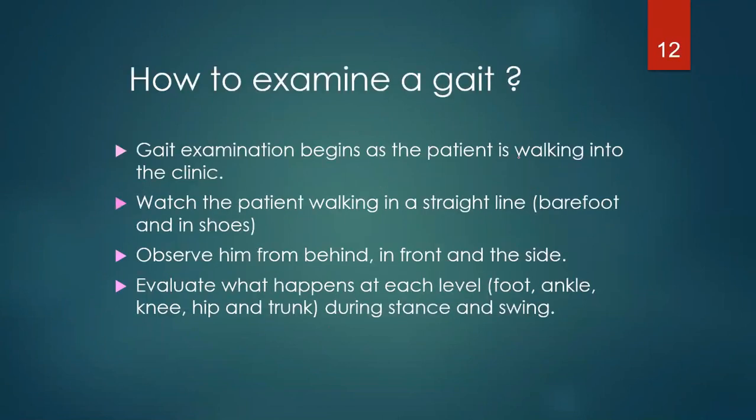And how to examine? Now we have to go for how to examine the gait. Usually when we examine the gait, it begins as the patient is walking into the clinic, walking in a straight line, barefoot and in shoes. Observe him from behind and in front. Evaluate what happens at each level, foot, ankle, hip, knee, and trunk, during stance and swing phase. One of the examinations of the patient's gait is to examine his shoes. Sometimes he is walking on the medial side, on the lateral side,